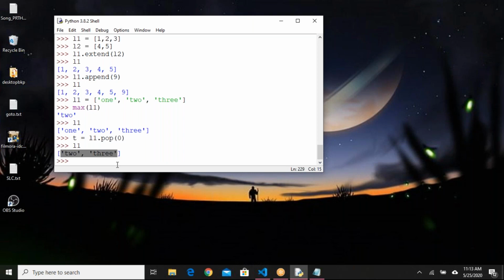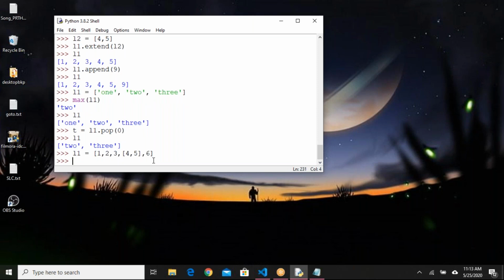And guys, remember when I'm saying list is a collection of elements of different types of data. List is also one type of data, that means you can have a list like this also. List equals 1 comma 2 comma 3, and here another list 4 comma 5, and for example 6. This way also you can have lists. This is known as a nested list. A list having a list as an element is known as a nested list.